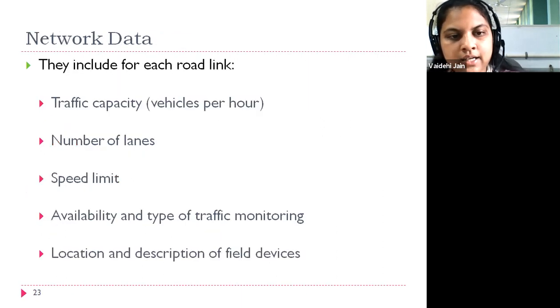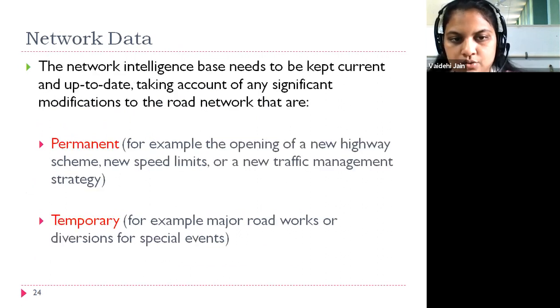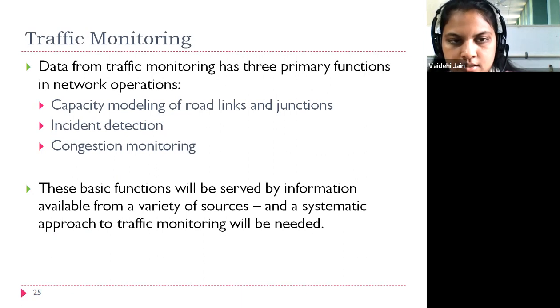In the previous slide, we had network data and traffic capacity. So the function of monitoring is capacity modeling: how to increase the capacity, or at least, whatever capacity of that stretch or road has been decided,